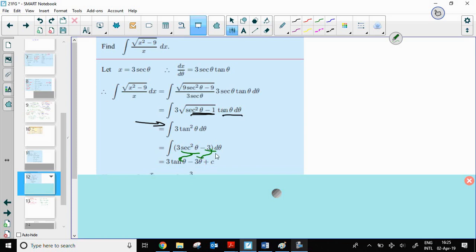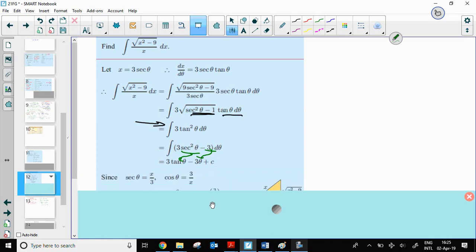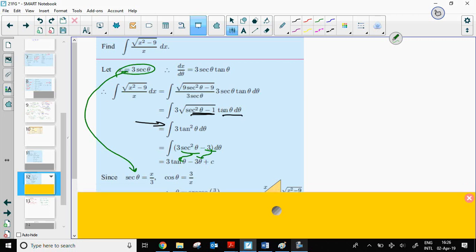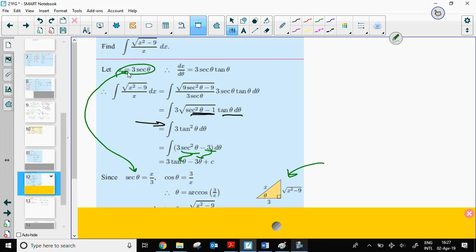That gives us an answer in terms of theta, but then we need to go back in terms of x. We know what x is in terms of secant theta up here. Secant is the reciprocal of cosine, so that means we know a relationship between x and cosine, and then we can draw in a right triangle. Since we know what the value of cosine is, we can therefore work out what the value for tangent is. You could have also done this using the fact that cosine squared plus sine squared is equal to 1, and then you could work out what sine squared was, and then work out what sine is, and then you could do sine divided by cosine to get tangent. Anyway,